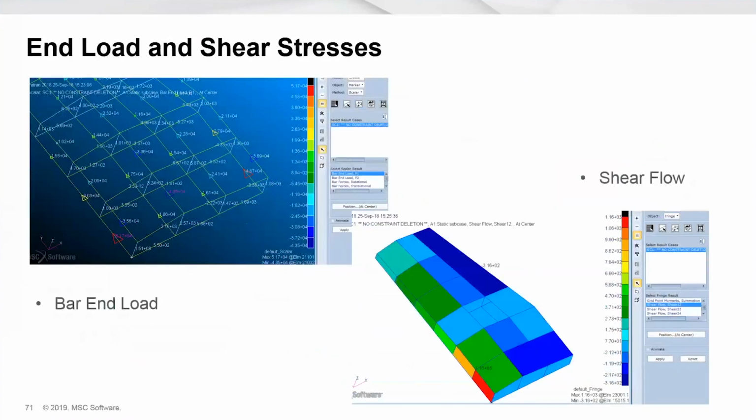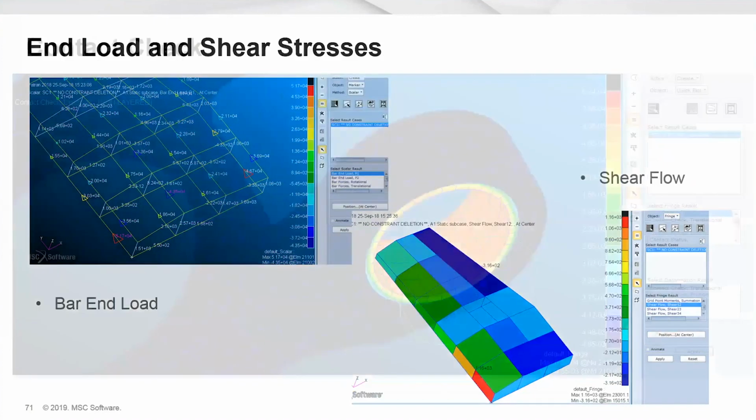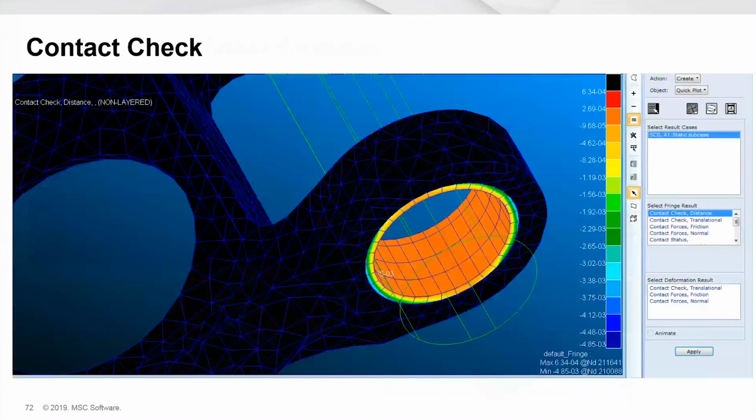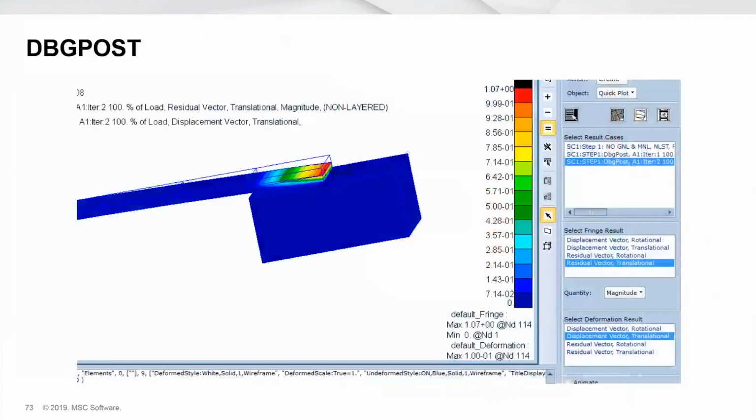And here's the project that we did for outputting end loads and shear stresses in a panel. For example, the wing bodies have shell elements. We can post-process that in HDF5 as well. The contact check that Bhumi earlier spoke of, the new enhancements, we can also output those results in HDF5 and load up in a post-processor. And just show some more